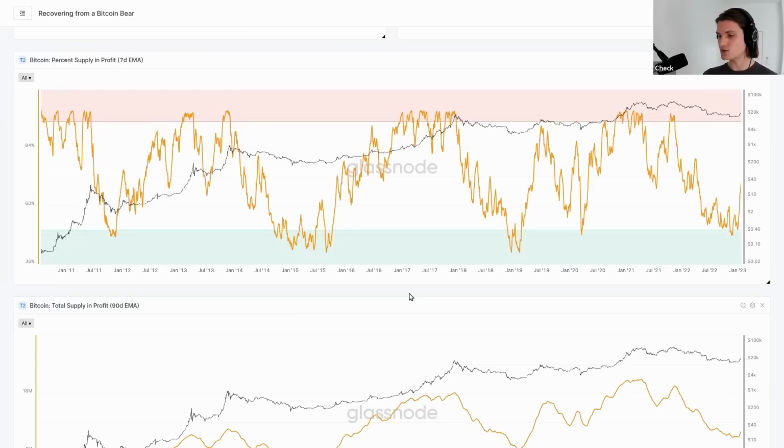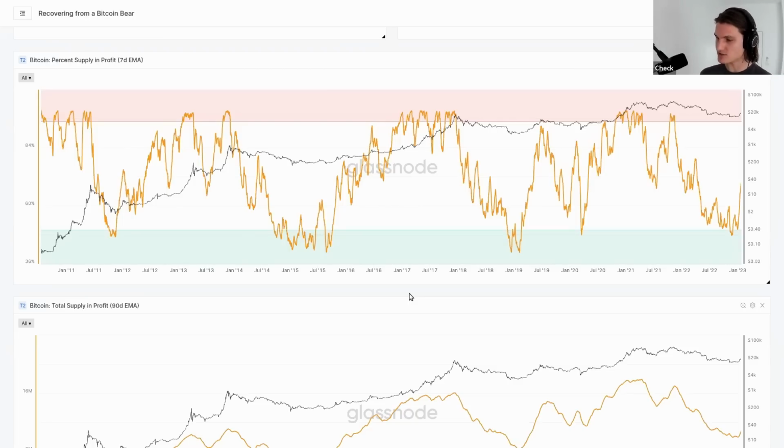The next topic is in the category of supply dynamics, where we're looking at who owns what and when. But we also introduce the concept of unrealized profit. These are the coins that have not been spent. Someone bought their coin at 16,000 and they're still holding it, so they're now in an unrealized profit. Someone else bought their coin at 50,000 and they're in an unrealized loss.